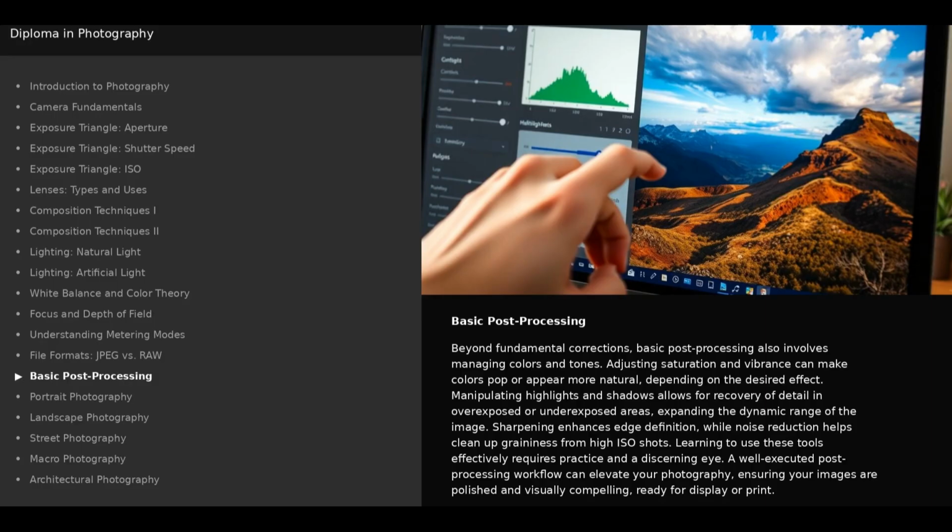Learning to use these tools effectively requires practice and a discerning eye. A well-executed post-processing workflow can elevate your photography, ensuring your images are polished and visually compelling, ready for display or